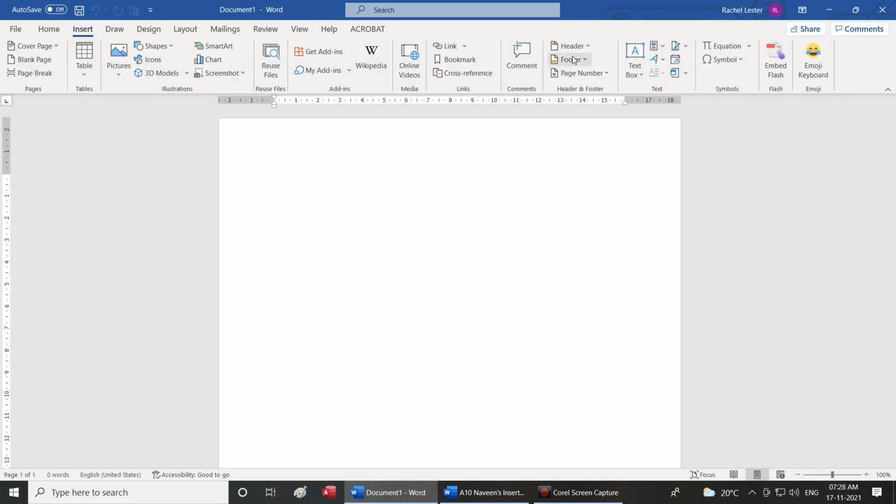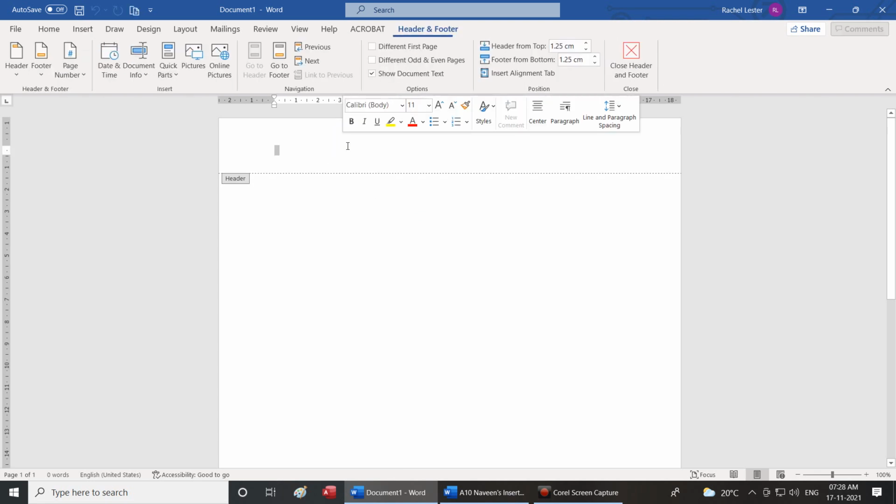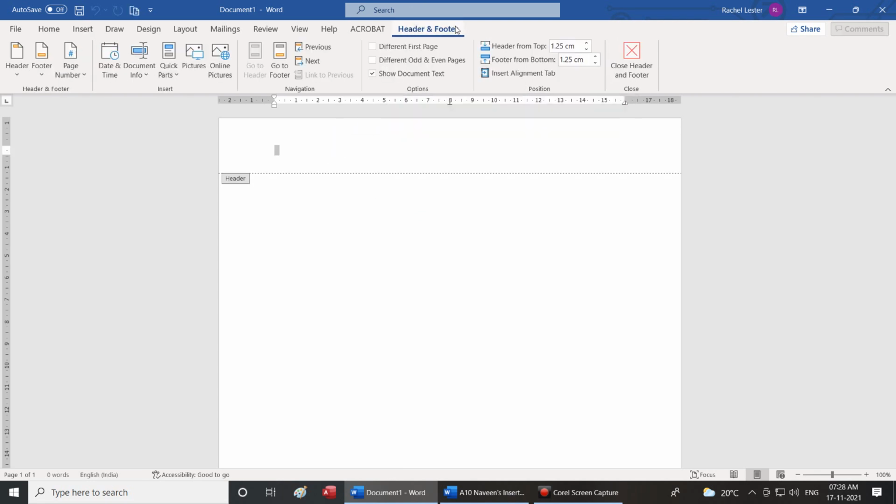Now when I come to margins, first let me go to insert, let me go to header. This way also I can go, or I can directly come here and click on the margin space. Automatically my header and footer tab opens up. So here I'll come to document info and I will say author. Author is Raquel Lester, because this is the username that I have logged in. If the login was Malika Diginet Online, it will show that. If you have logged in as user 1, user 2, user 3, it will start showing the same user. That is called an author name. Okay, now I'll come out of it.